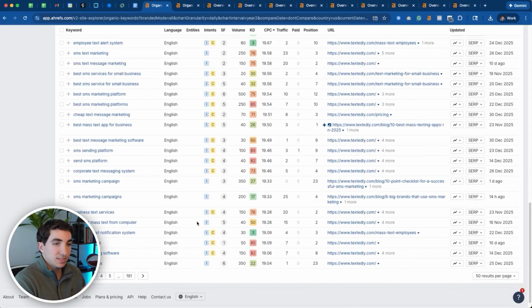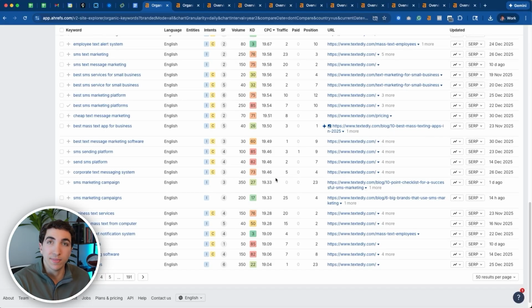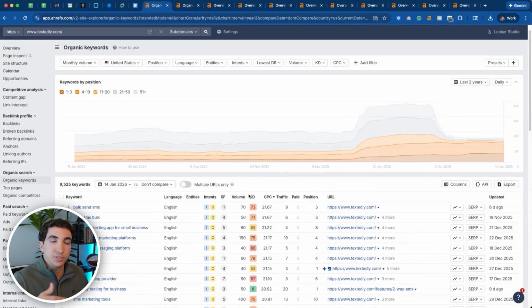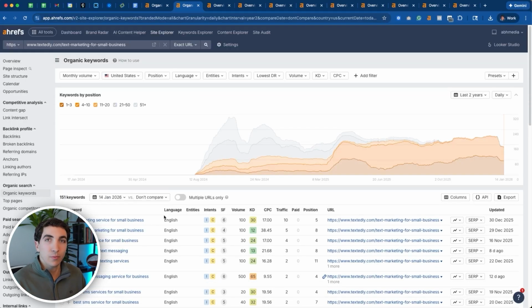So I can repeat this process across the next 5 to 10 pages until the cost per click gets too low relative to the market. So low in this market is like a $3 or $5 cost per click. These are all $20 cost per click. So these are super high. And then if we open all of these up, I'm basically going to analyze the given keywords at a more